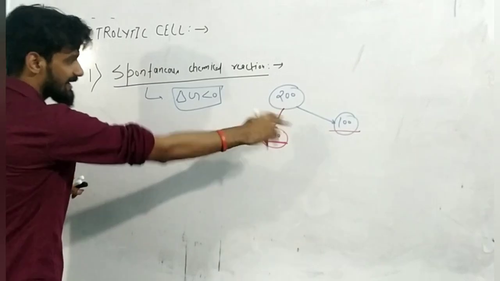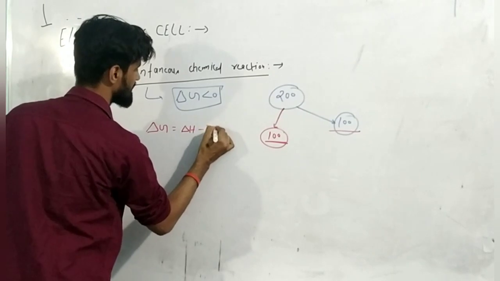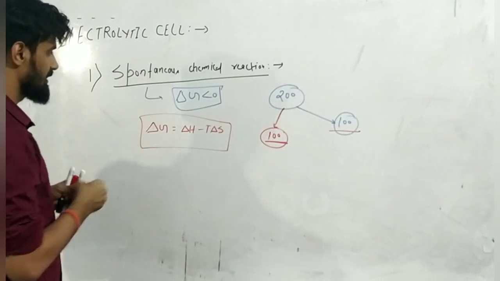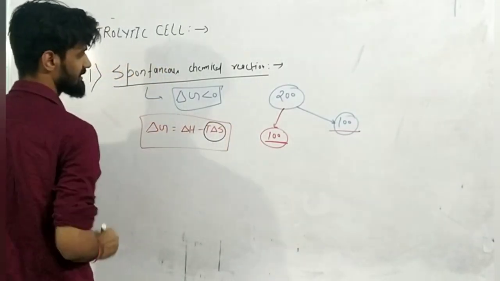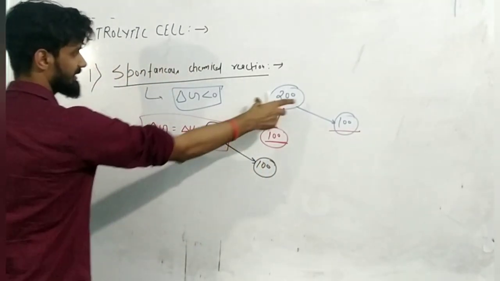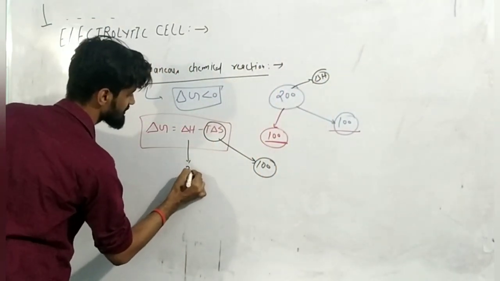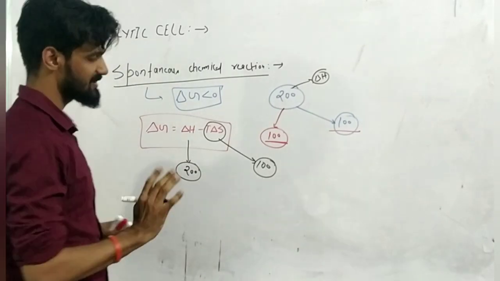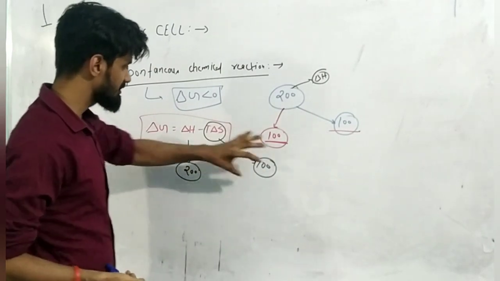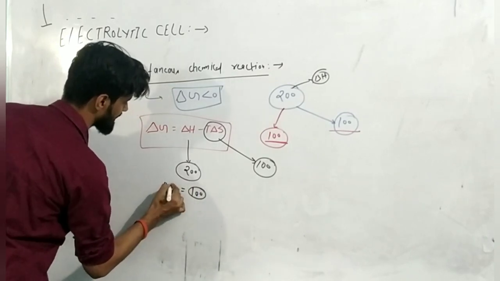Now, what is the definition of delta G? Delta G equals delta H minus T delta S. My dear students, this is one of the basic things, so try to focus on the board only. This is the part, delta S, 100 rupees that you are giving to the beggar, and this 200 is the total, your whole energy. The total energy of your system is 200, the total worth of your pocket. Now you have given 100 rupees to the beggar, and you are left with 100 rupees. That is equal to delta G.